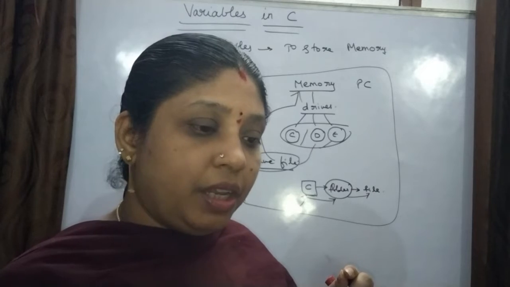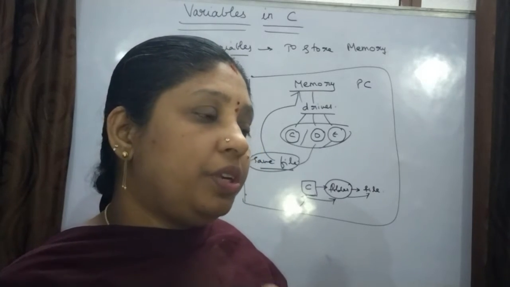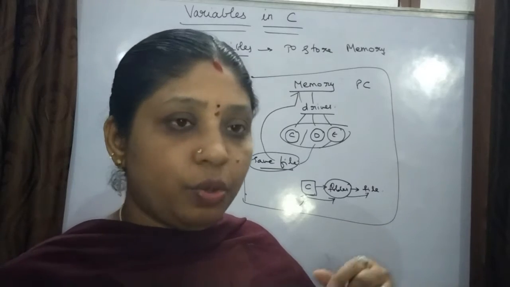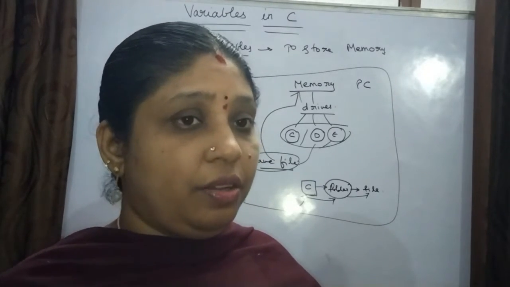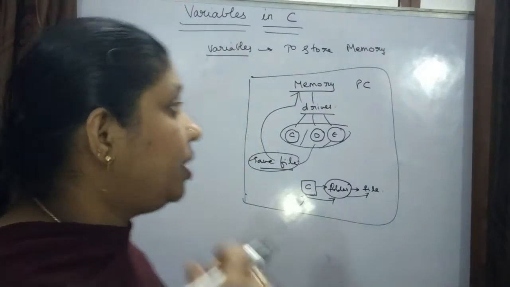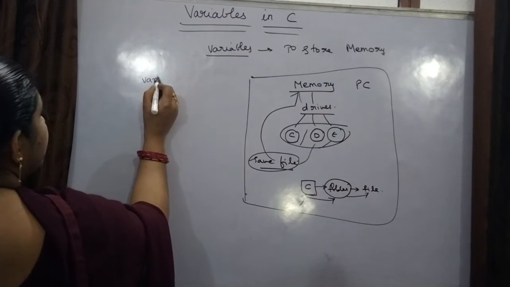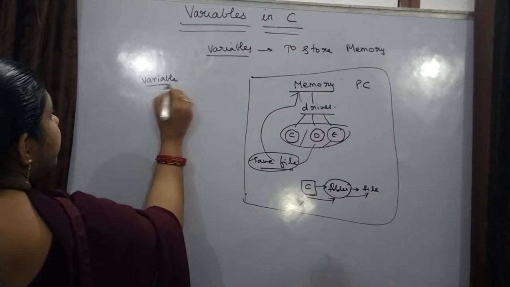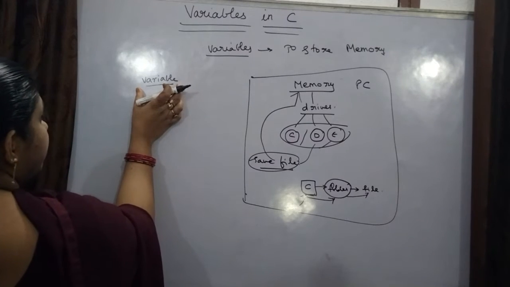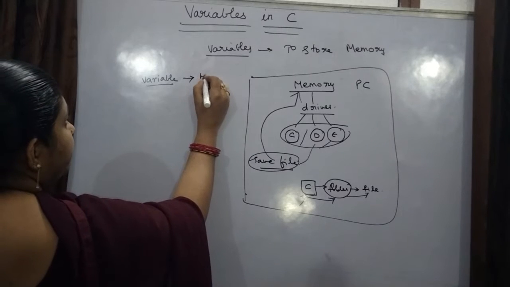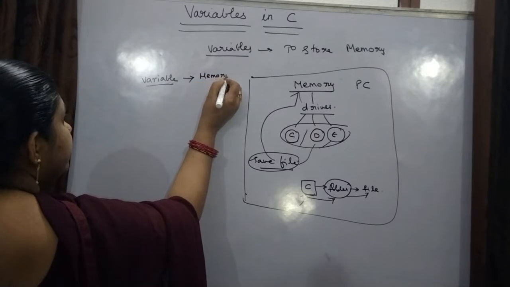So that memory, you cannot store the input data wherever you want. If you store it like that, you cannot access the data. So for that purpose only, you are creating the variables. So what is a variable here? When you create a variable, it will locate some memory, like it will take some memory,